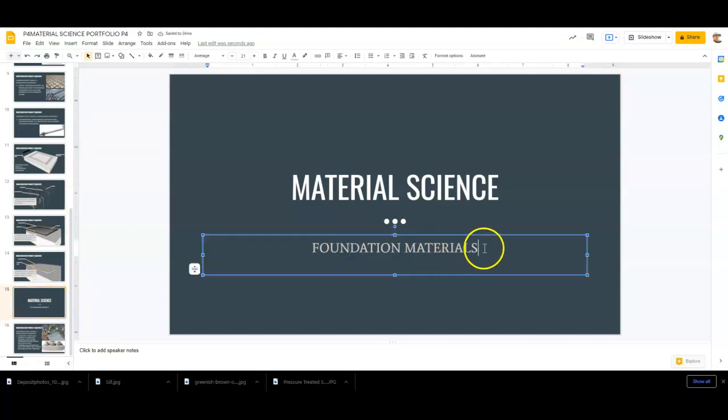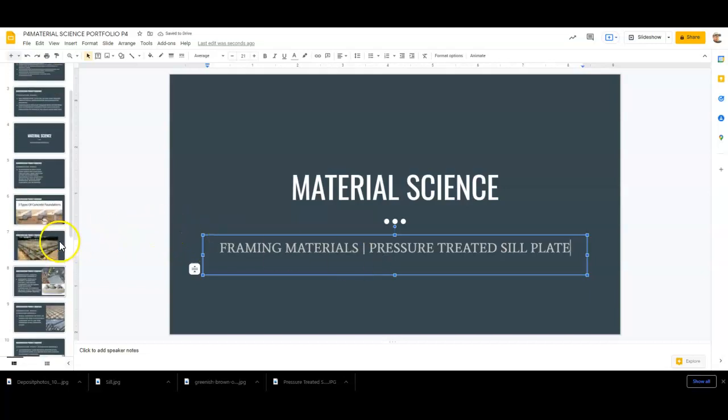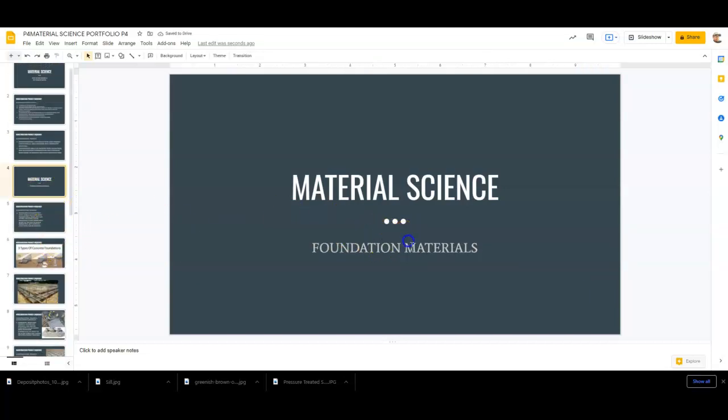And framing materials. Let's do... there we go. And I think we need to go back up here and change this to